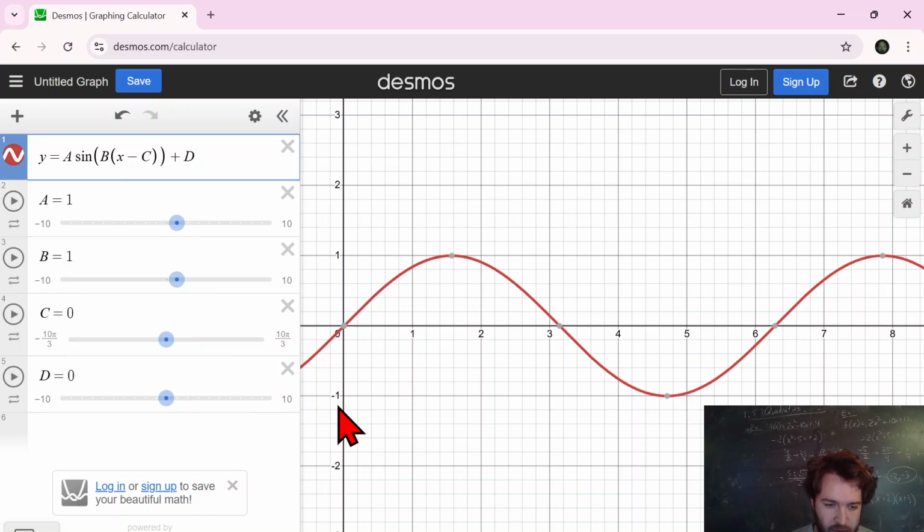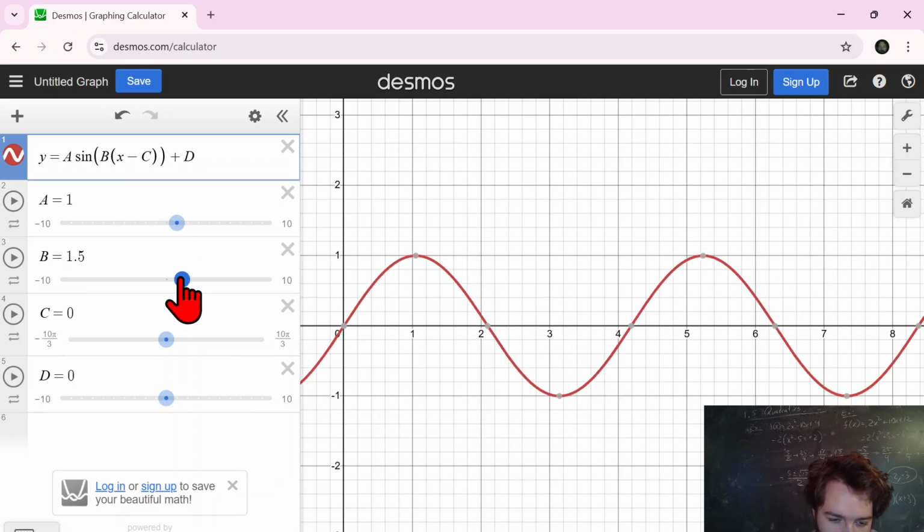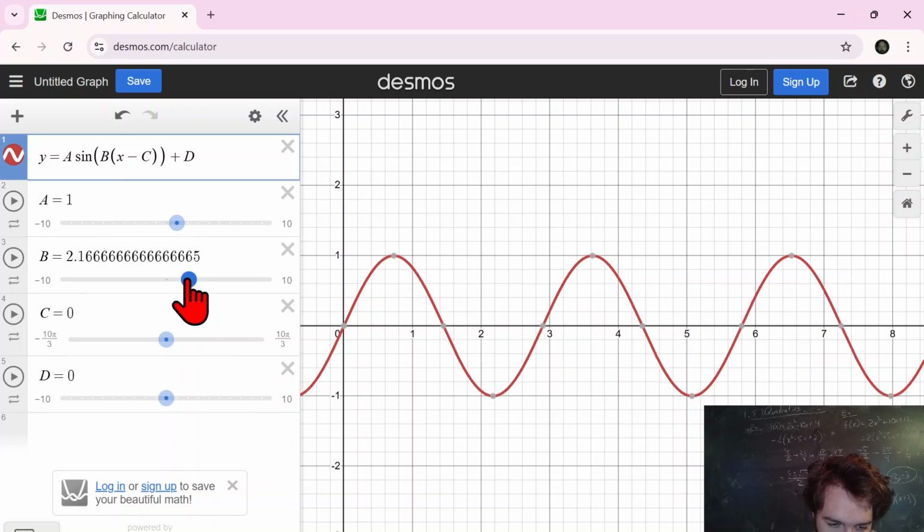Okay, so then we have these other three constants. Now, B is perhaps one of the more complicated constants here because you notice that in the function that is highlighted at the very top line of Desmos here, we have B, and then B is distributed over X and C inside of the sine operator. So B, when it is factored out like this, gives us what the period of our sine wave is supposed to be. If I increase B, let me try to make it 2,